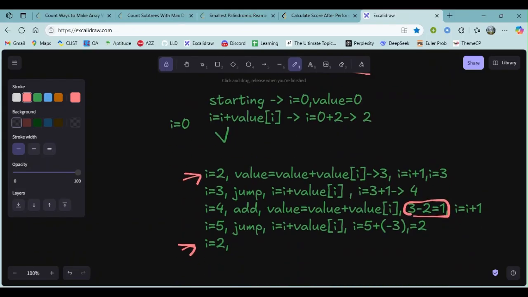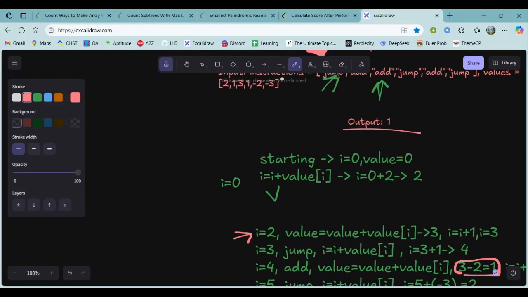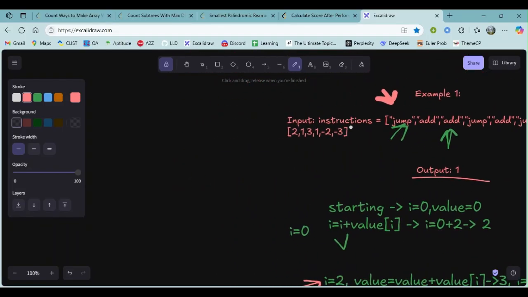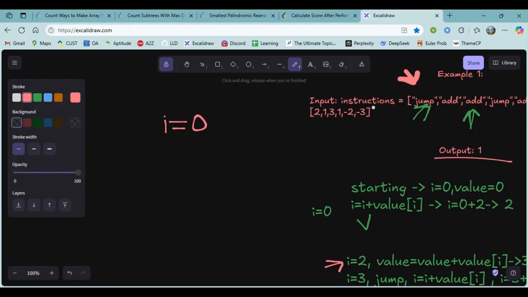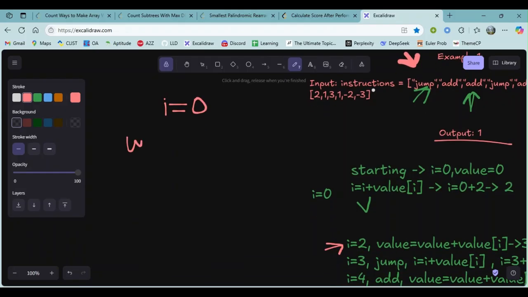Hope you understand this. What will our code look like? First we start a pointer i with 0, and we run a while loop. We run the loop while I am in the array.